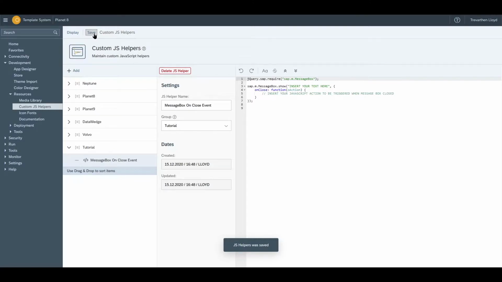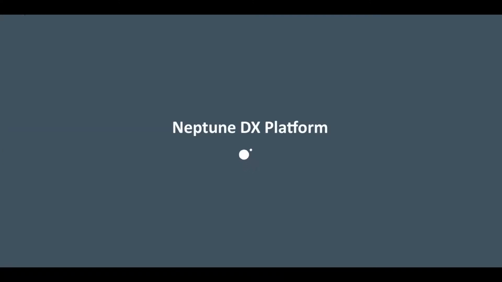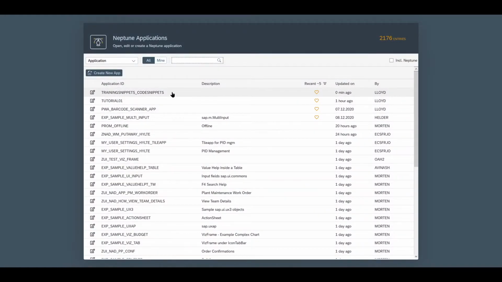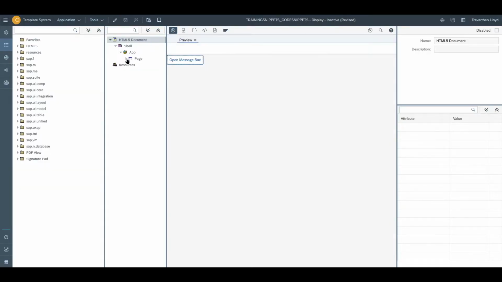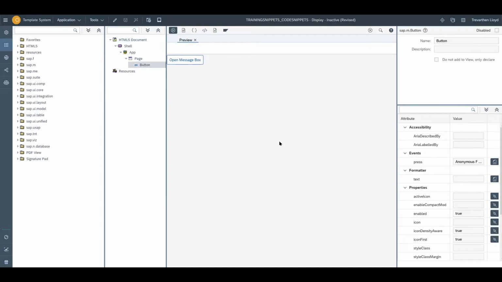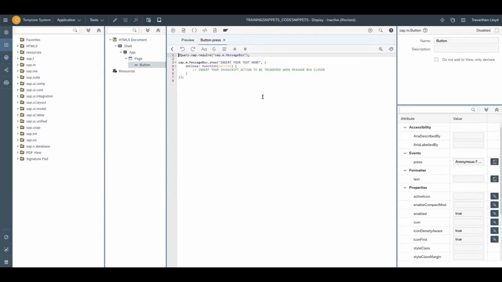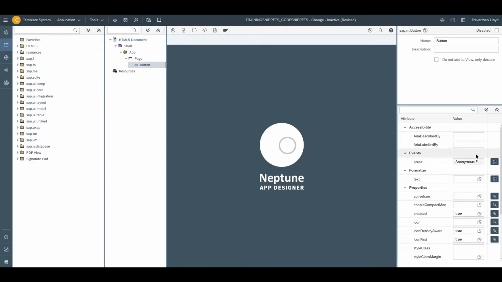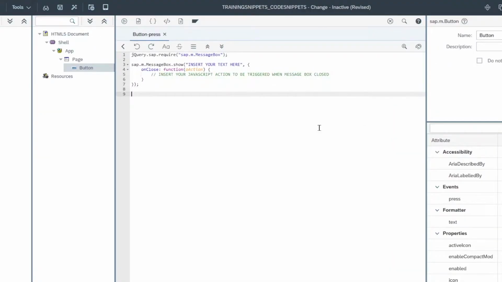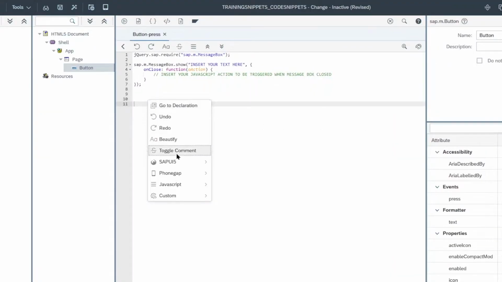To use the snippet we've just created, we can head back to the app designer. We can open up our application, head to the button press event, put the app into edit mode, and now when we right click within the editor, we can mouse over the